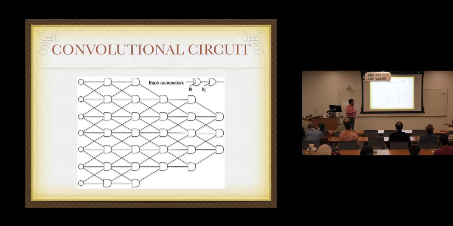So here, as you can see, we have layers of AND gates, and then we have a kind of convolutional connections between the layers, right? In this example, each gate has a fan out of 3 to the next level of gates. Of course, if you look at each of these connections, it has 2 K